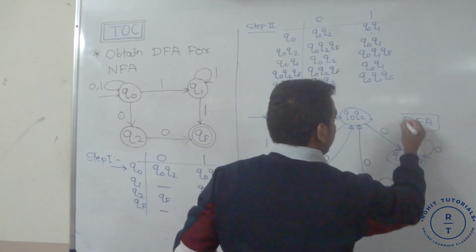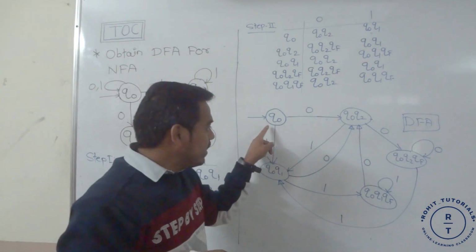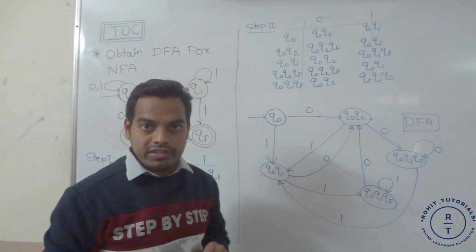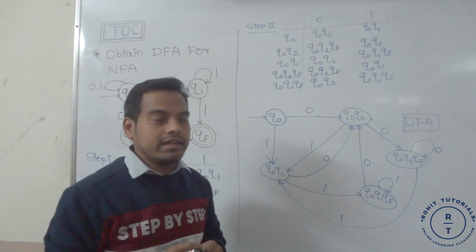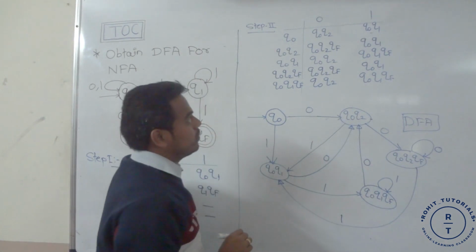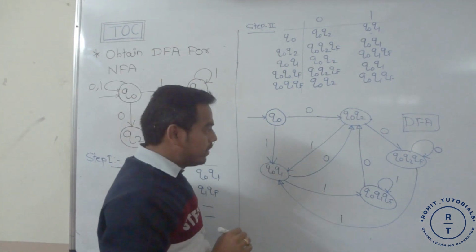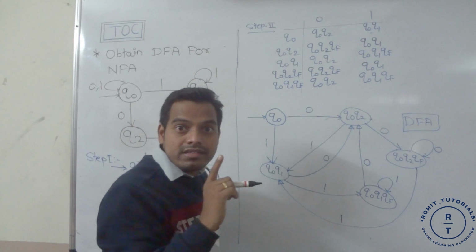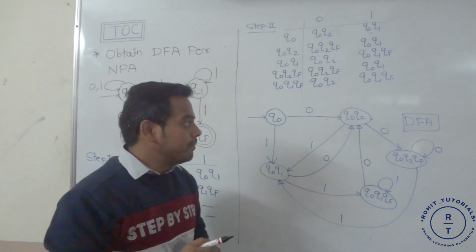Why? Because for a given state and input, only a single transition is present. There are no other choices available from the given state. Suppose at the Q0 state 0 occurs, it goes to Q0, Q2. Whenever at the Q0 state 1 occurs, it goes to Q0, Q1. That is, only one choice is available from the current state.